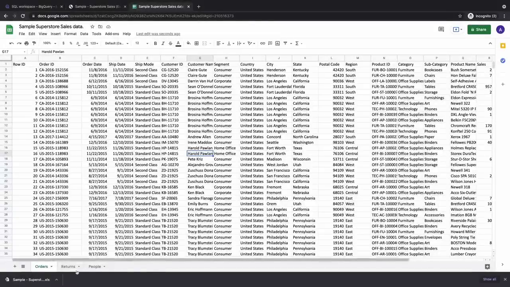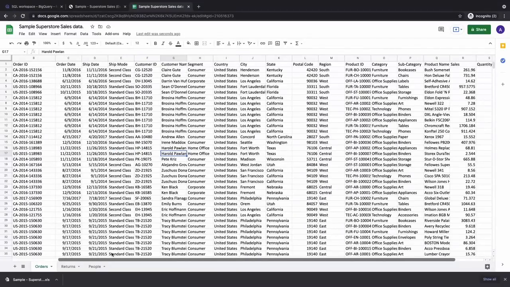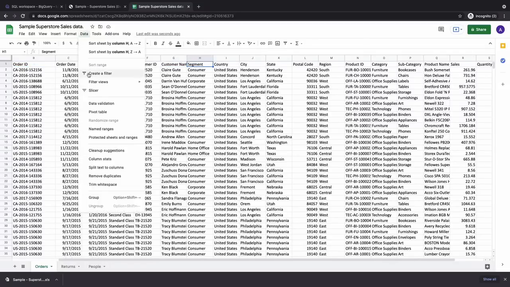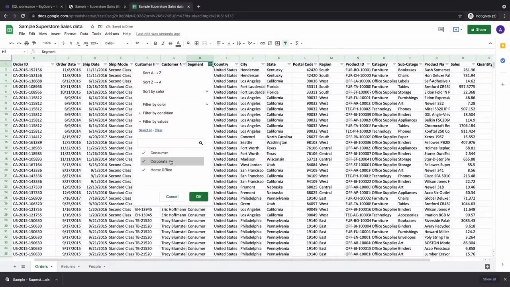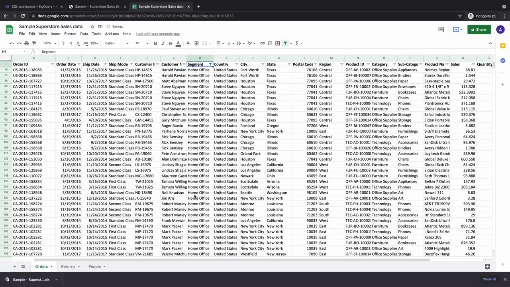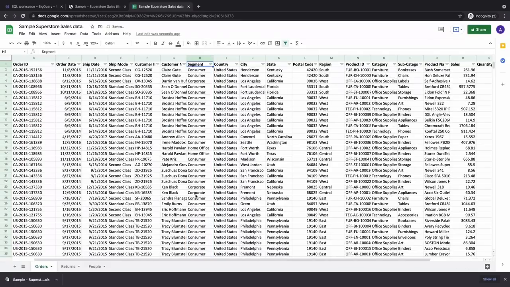Now, if we would like to filter this data set, exactly the way the where statement does, we could, using Google Sheets, just come here and say we only want to see the segment of customers that are, maybe, home office. So what we do here is we just filter and select only home office. Now, this is exactly what where does. So before, when we did this, we have 1,784 rows. Now if we were to relax this and select all the rows, you see we have